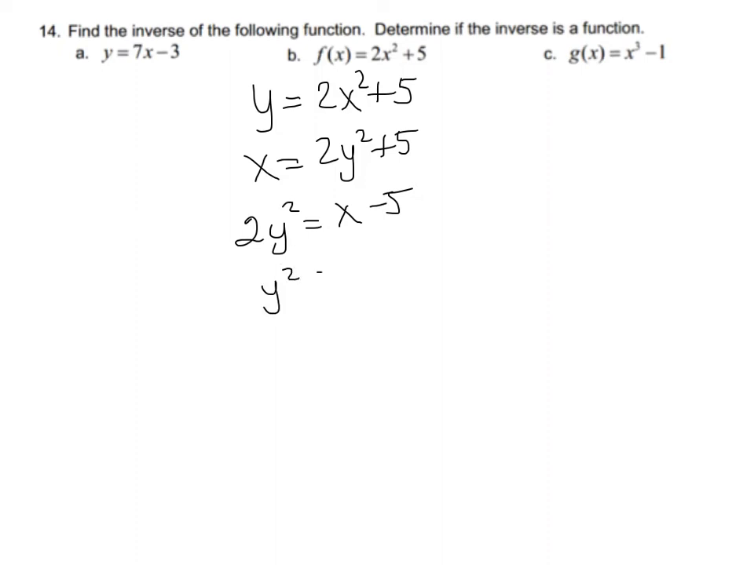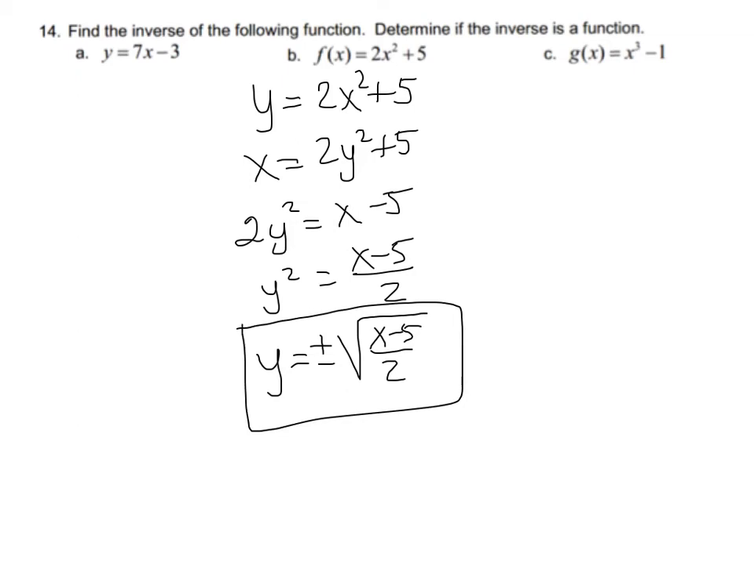Y squared is equal to x minus 5 over 2. And then here was where the ball dropping came in. Y is equal to plus or minus the square root of x minus 5 over 2. So pretty much if you have a plus or minus in your answer, it's not a function. If you consider the graph of any square root function, it's even easier to see graphically that